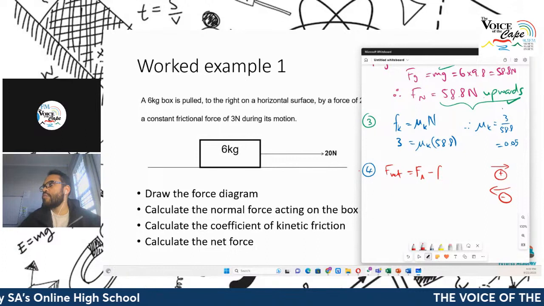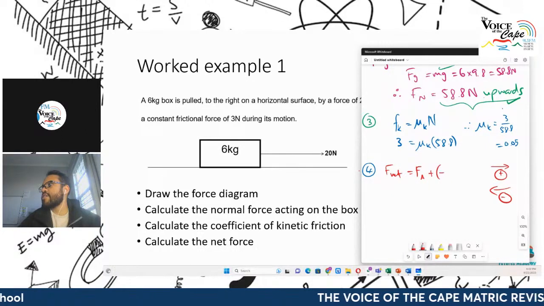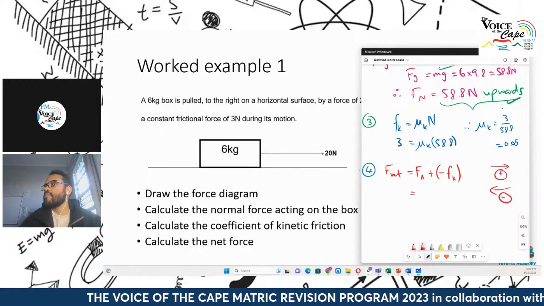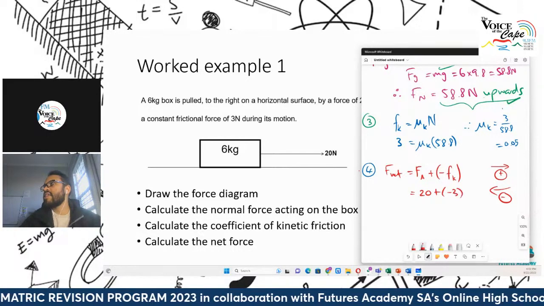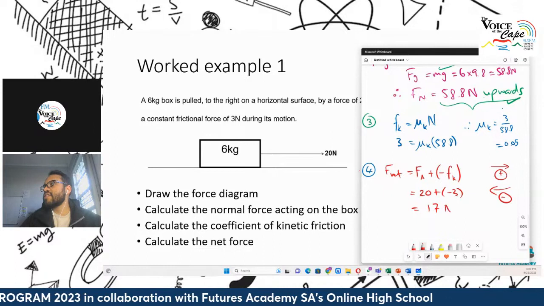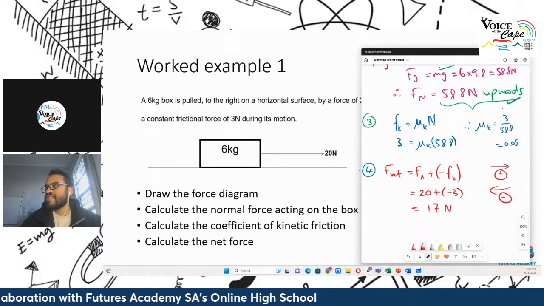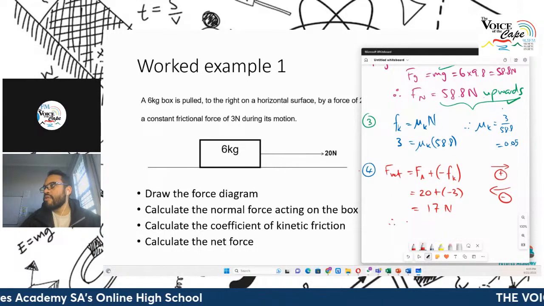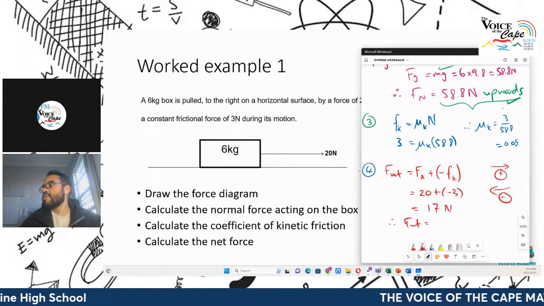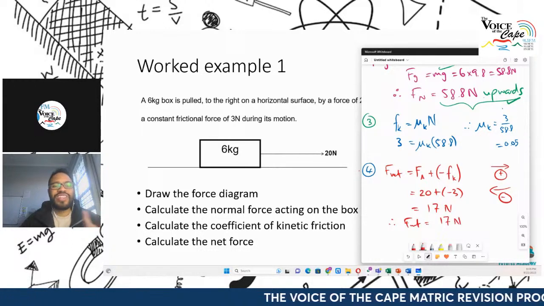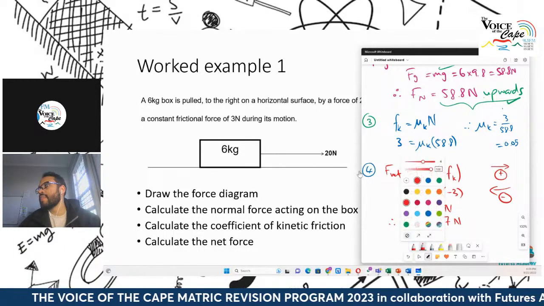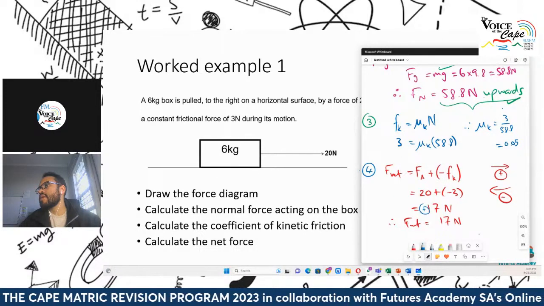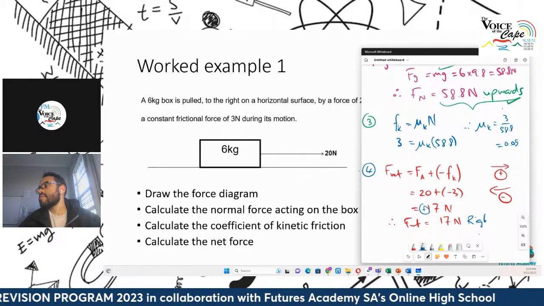Or to make it explicit that we're actually dealing with the direction here, F little k, right? That is actually a force in this direction. So the applied force, we know it's 20 newtons plus negative 3, and that leaves us with 17 newtons positive, right? Positive 17, which is therefore F net is equal to 17 newtons to the right. Okay, you must translate the positive answer that you have over here, right, to that being to the right.